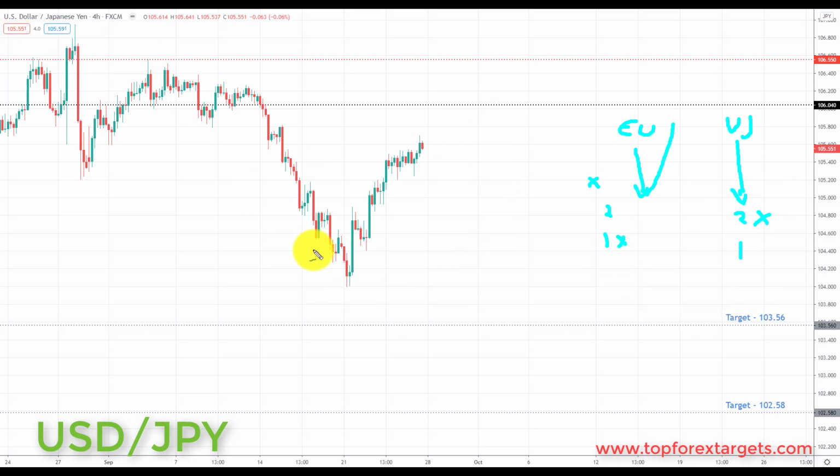So you can use this either way. You can completely filter this out, or if you want to add this in as part of a synthetic hedging plan, you can as well. But overall, we would prefer any breakout to the downside here. If you are looking to trade this, any breakout to the downside would be the opportunity to start to look for a pullback. And this would be a great chance to start to look for further declines to the downside in this market, down towards the next key of support to the downside and the target set at the 103.56.